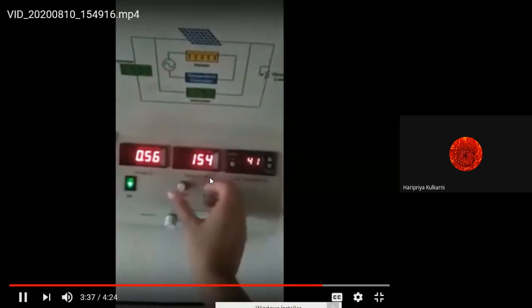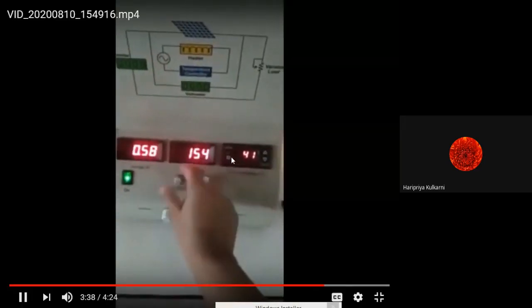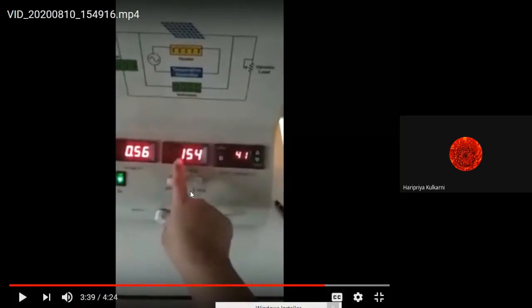Okay, this is full now. We cannot vary the load beyond this. So 154 milliampere. So this is the maximum current we can draw from the solar panel. 154 milliampere with a voltage of 0.56. So you will get the characteristics as we have studied in the theoretical studies, but the operating point we have to decide depending upon the constant voltage level.